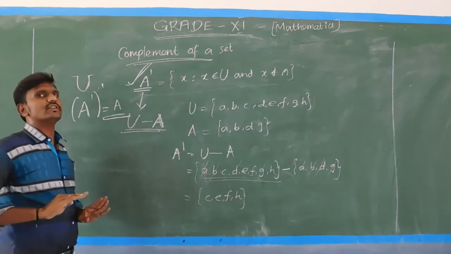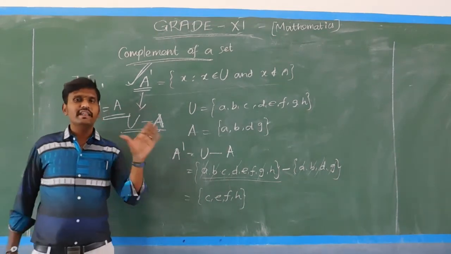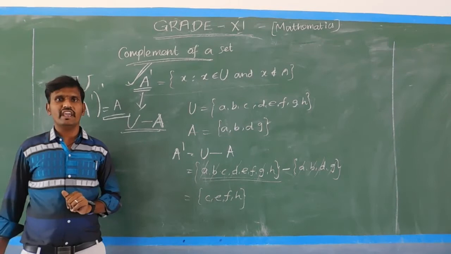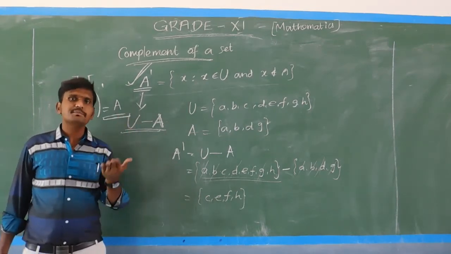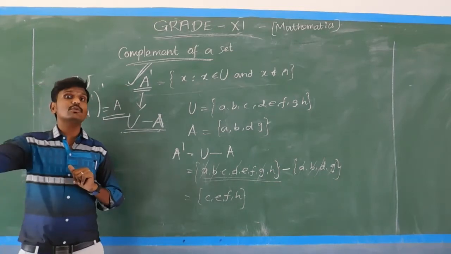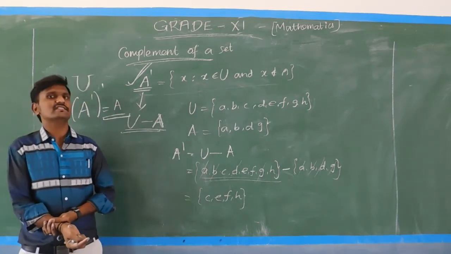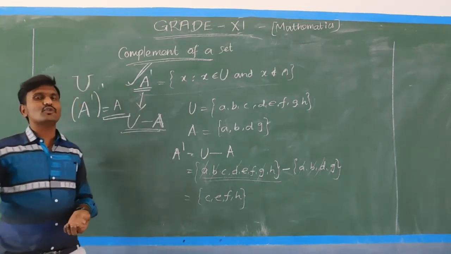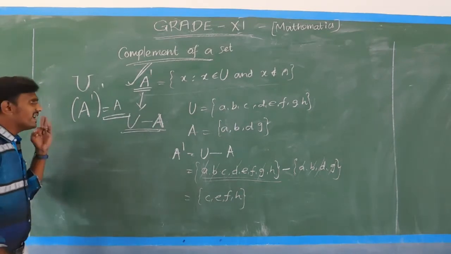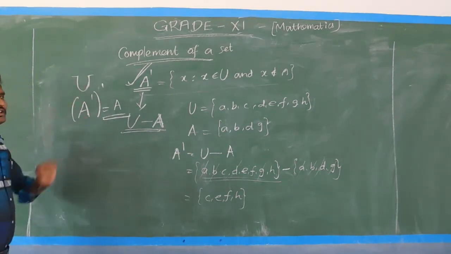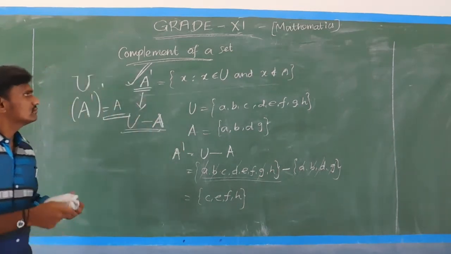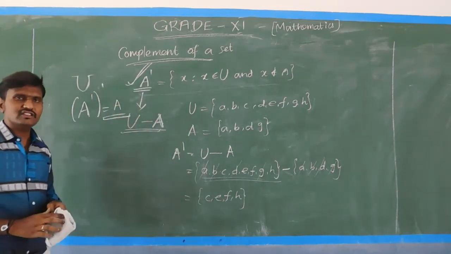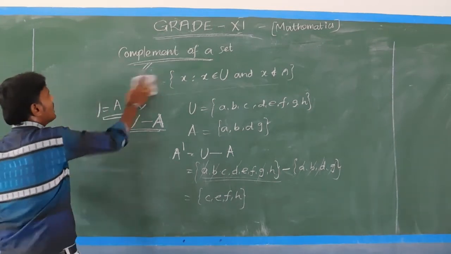In the number system, we already know one number like 5. I multiply it by minus, so we get minus 5. Again I multiply by minus, so minus into minus is plus, and we get the same number 5. Like that, A dash, the whole dash, equals A. Do you have any doubt, students? No. Okay. Now I am going to do one sum.